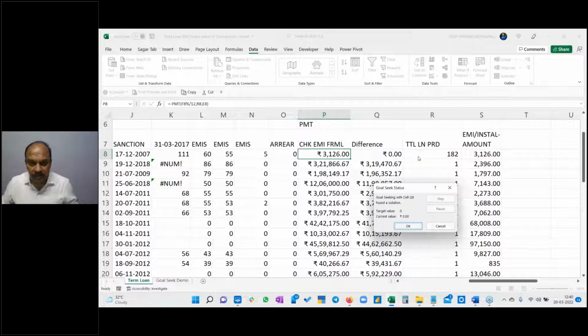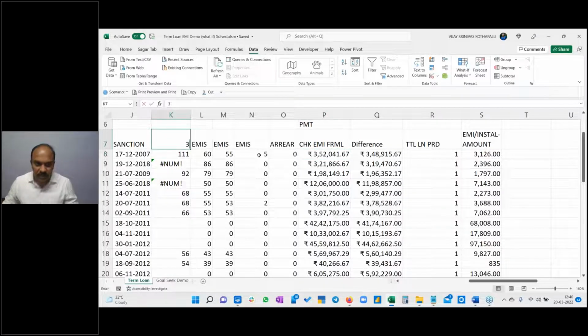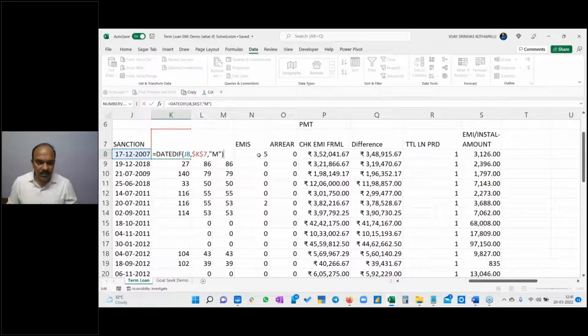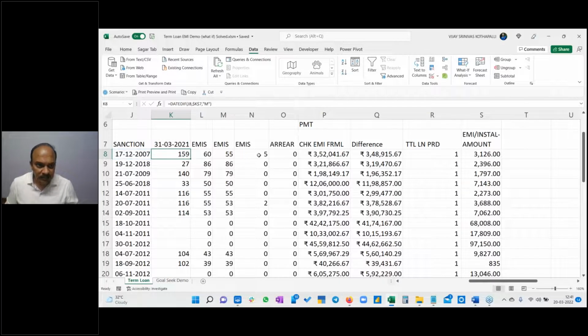The goal seek will help us identify that. Now, if you see, as on the date of audit, say 31st of March 2021, the number of EMIs, actually the sanction date being 2007. Of course, this being a dummy, probably I would have changed the date, but as an example, I'm saying as on 31st of March, if I'm using date diff, it says this particular account has already been existing for the last 159 months, but whereas the EMI is showing as 60,